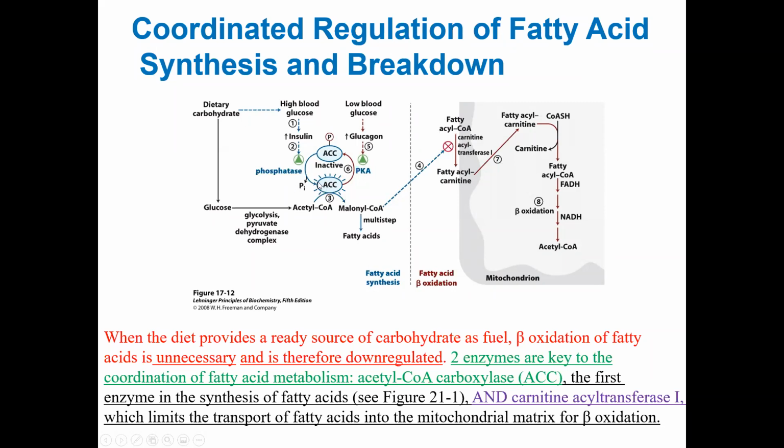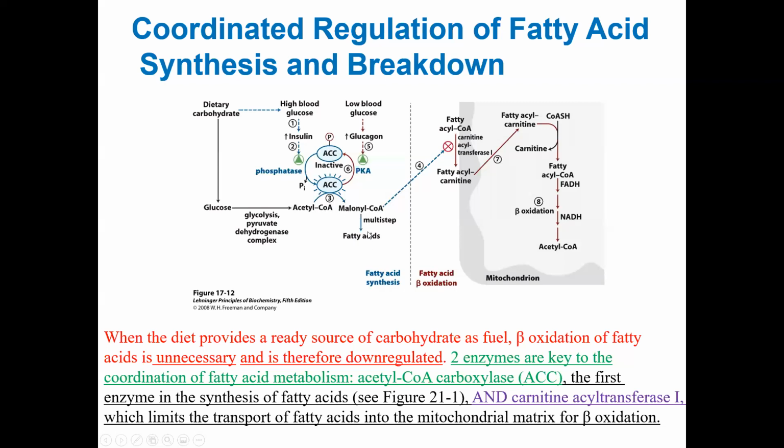So what does acetyl-CoA carboxylase do? It turns out that when it is active, it will take acetyl coenzyme A and convert that acetyl coenzyme A to malonyl coenzyme A. And malonyl coenzyme A is the first committed step. This step, step number 3, acetyl CoA converting to malonyl CoA, is the first committed step in the fatty acid synthesis. And so fatty acid synthesis will begin in the cytosol.